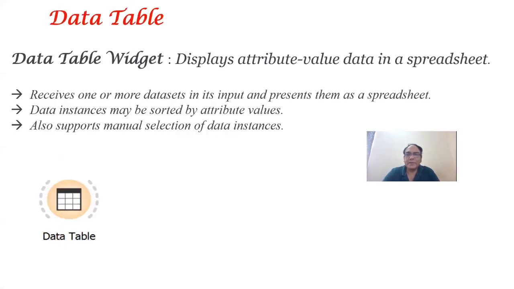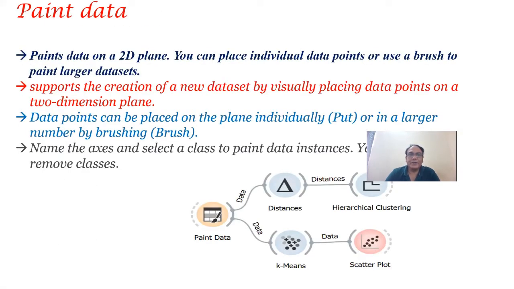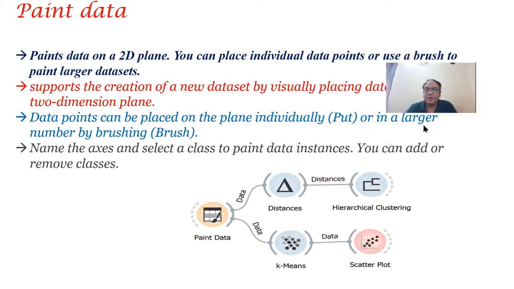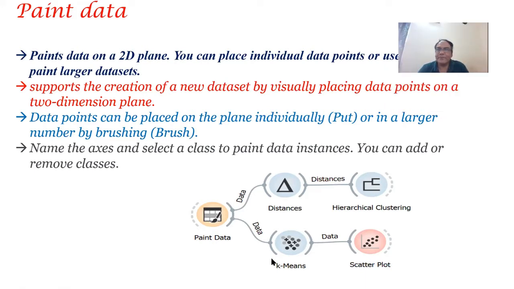The next command which we are going to discuss here is paint data. Now I'm showing you a very interesting feature of Orange. That is a kind of paint data, and we will run a small program like this. So we will paint the data, we will show the data in clustering form, and we will see the data in a scatter plot and this format. K-means, right? Okay.